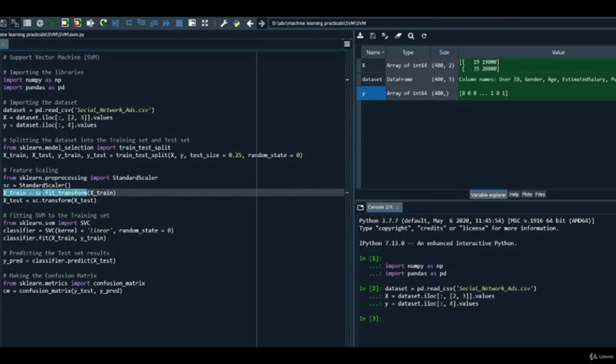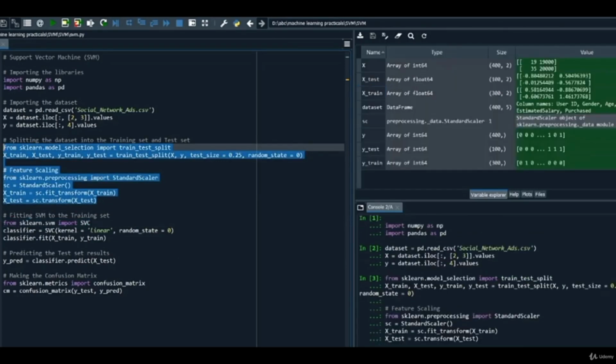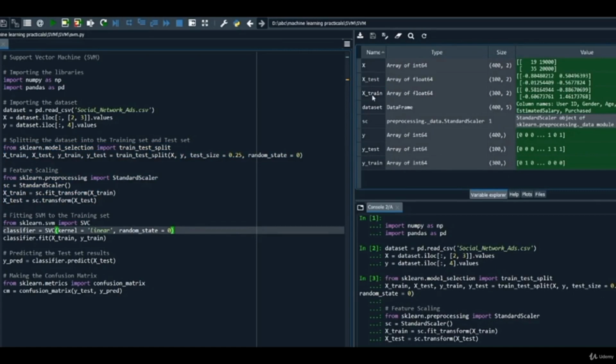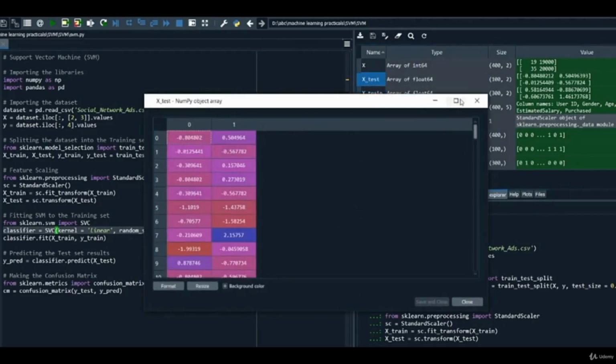So we use the sc.fit_transform function, in which we pass X_train. After that, we apply feature scaling on the testing set, so X_test equals sc.transform(X_test). We only used transform because we already fitted our feature scaling on the data. We are going to transform it using that feature scaling. Let's execute the above line of code. As you can see here, we got X_train, X_test, y_train, y_test, and you can also see that we applied feature scaling on X_train and X_test.